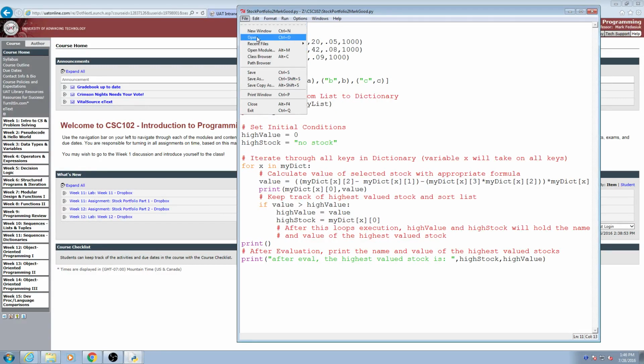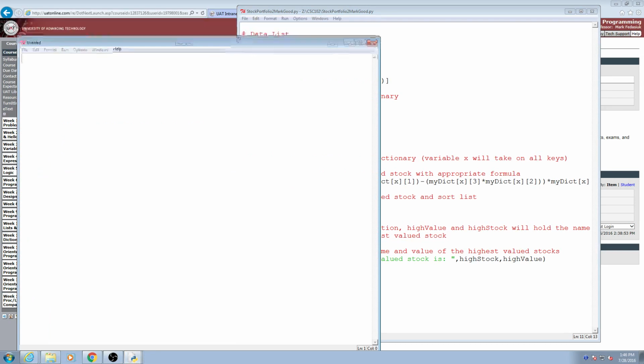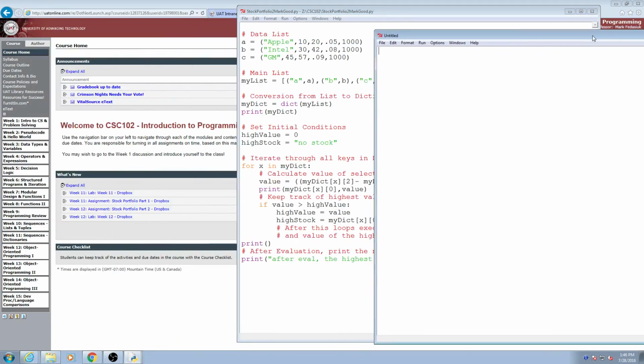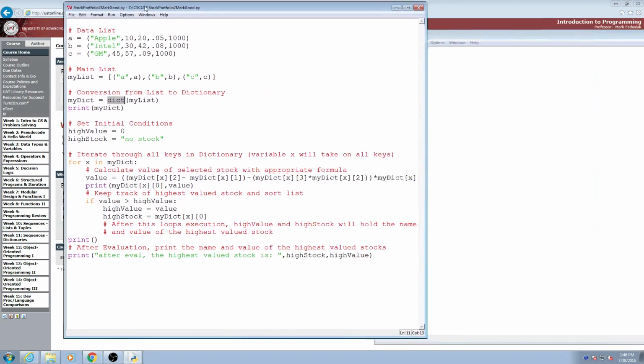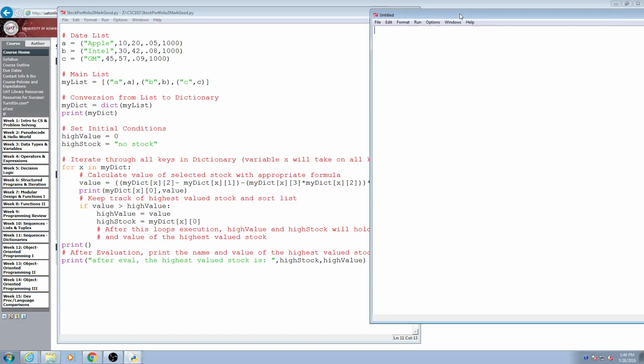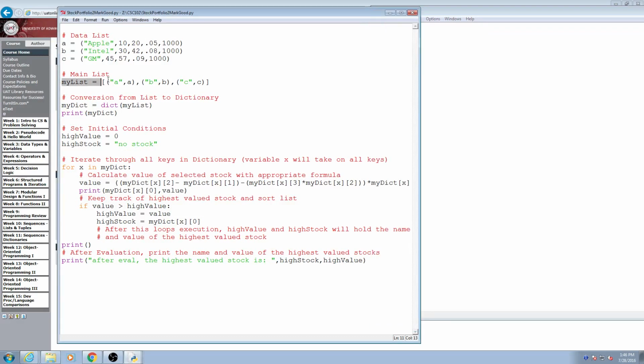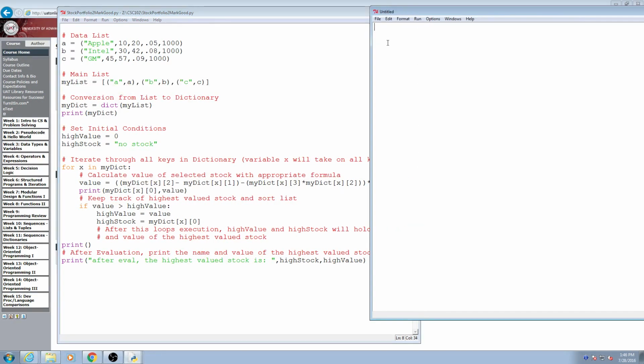File, new window. It's in the slides, actually. So here's my list. Here, let me move this over this way. Okay. So here's my list. Oh, come on. Guess I got to do Control C. All right. And now here is